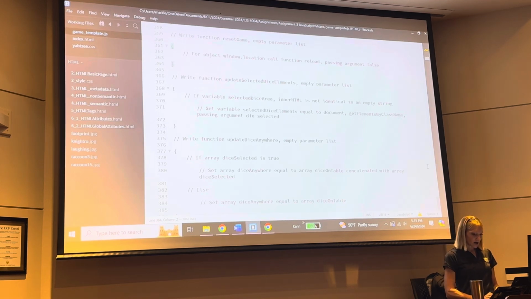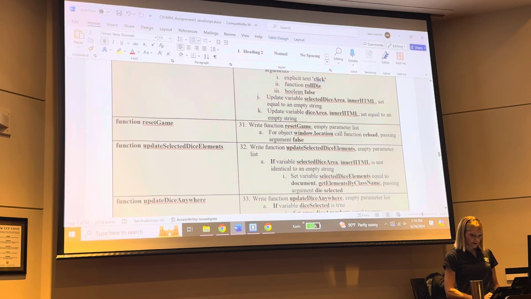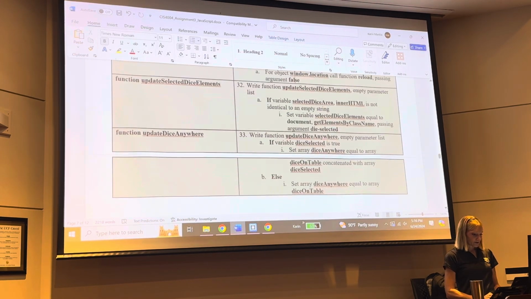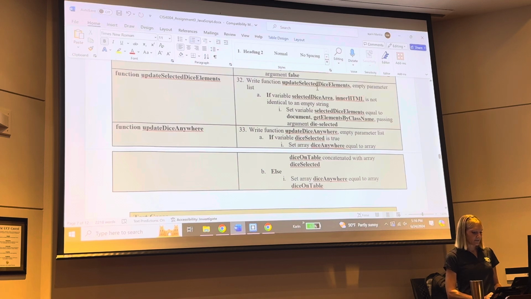Okay. Update selected dice elements. So with the update selected dice elements, it has an empty parameter list. We're going to have an if statement. If the selected dice area dot inner HTML is not identical to an empty string,